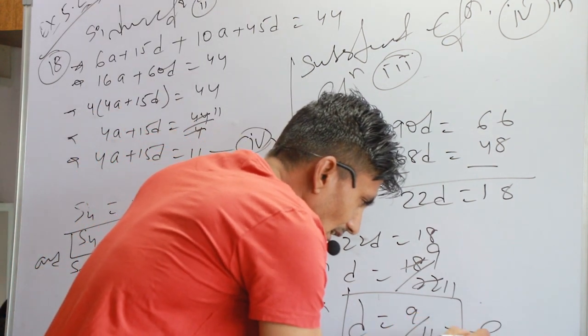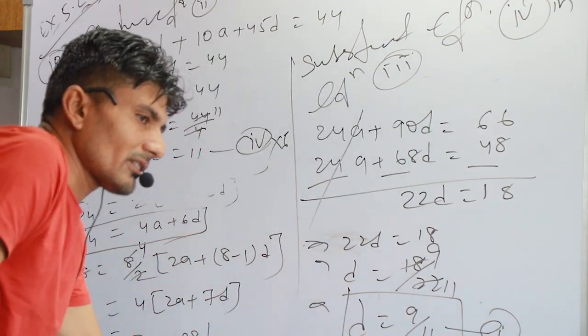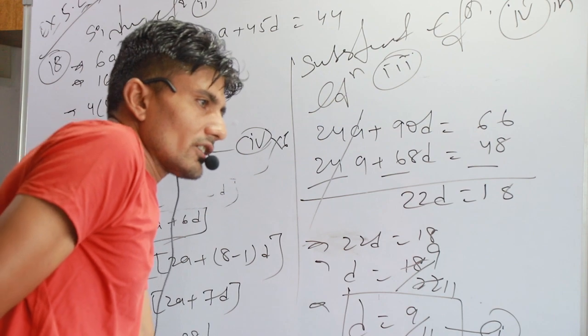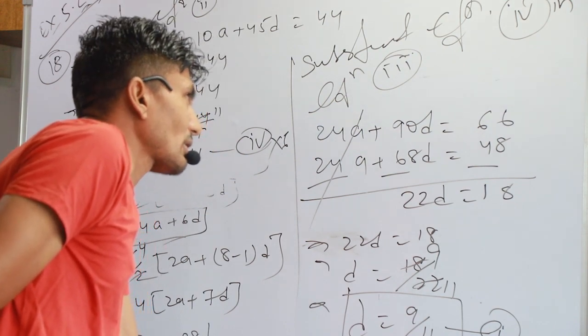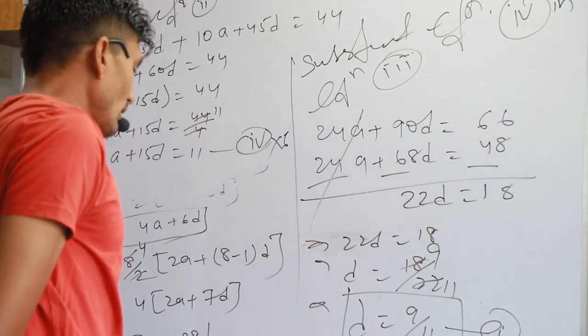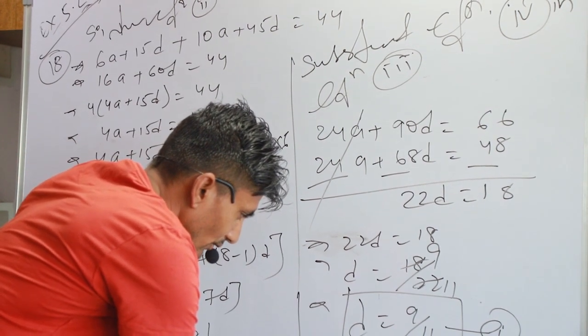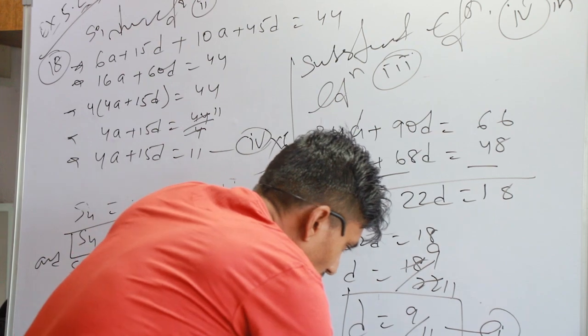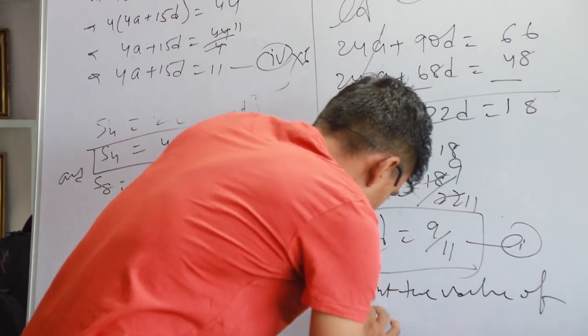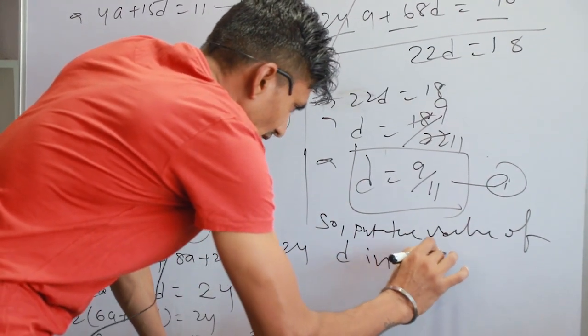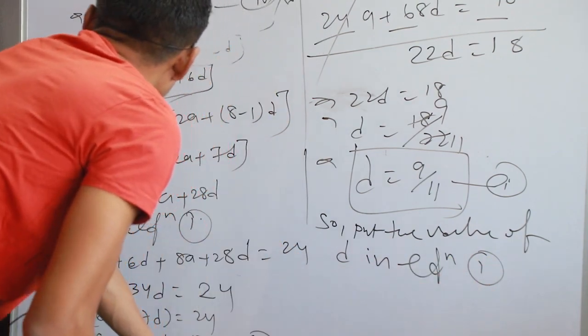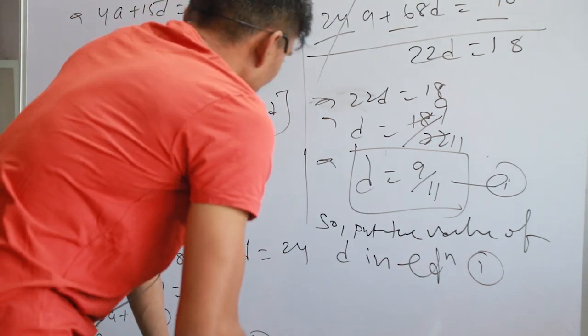अब यहां से क्या करना बेटा? a का टर्म फाइंड करना। We have to find out the a, so we have to put the value of d in any equation. हमें d का वैल्यू फाइंड करना, a का वैल्यू फाइंड करना है। So put the value of d in equation फर्स्ट सेकेंड थर्ड किसी में डाल देंगे, तो 4th में ही डाल देते हैं।